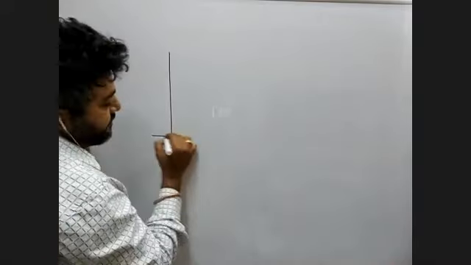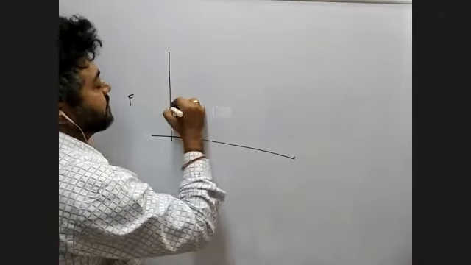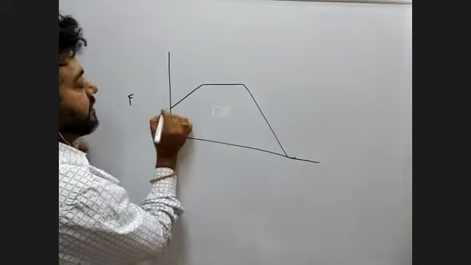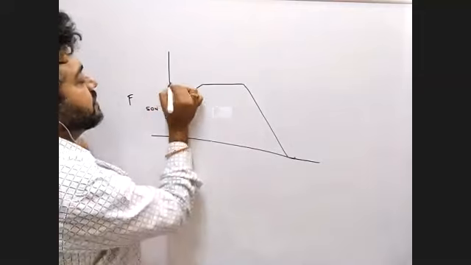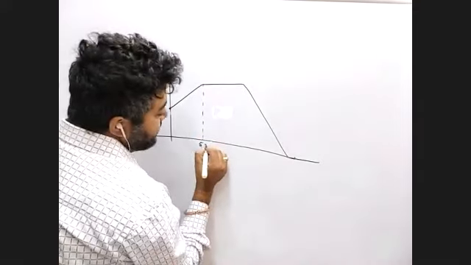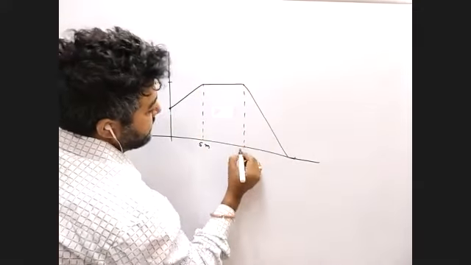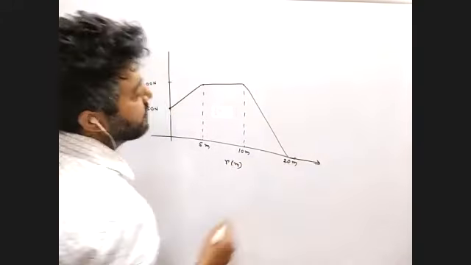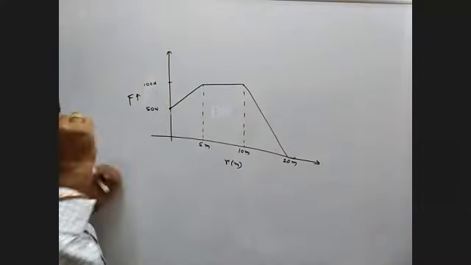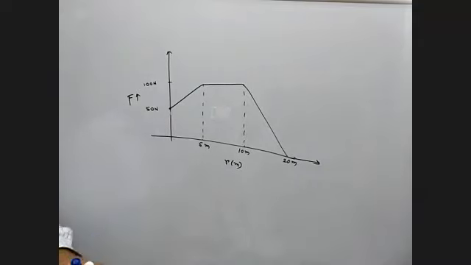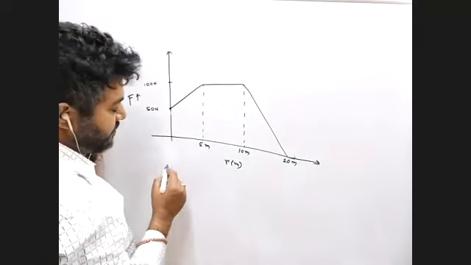So the third and last part for work done is the graphical method. Suppose the examiner gives you a question like this: this is the force. Suppose force is acting like this, I'm just giving it randomly. Let this force be 50 Newton, this force 100 Newton. This distance is 5 meter, that distance is 10 meter, and that is 20 meter, distance in meter. And they ask you, find the work done by the process. Work done is the area under the graph, because it is force into displacement. So you have to find out the area.